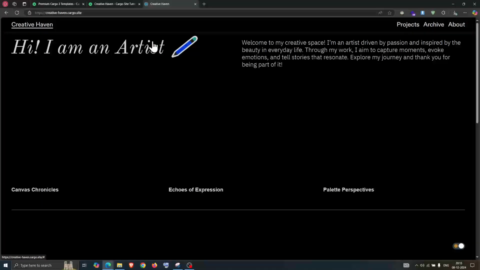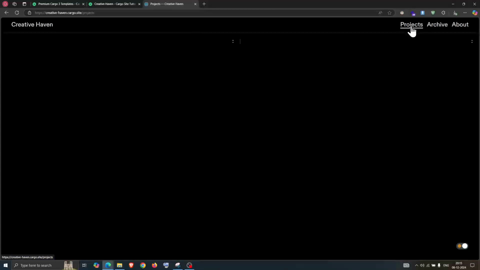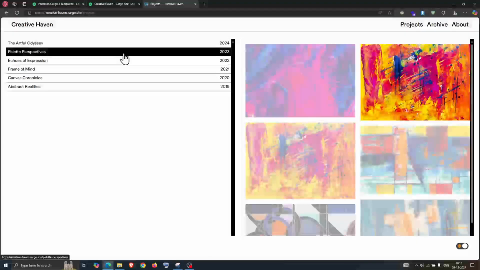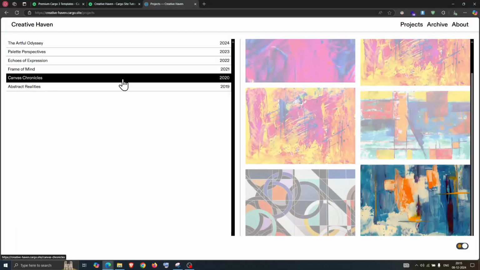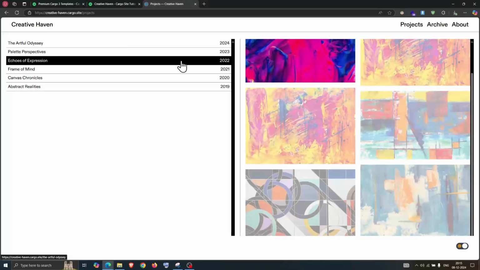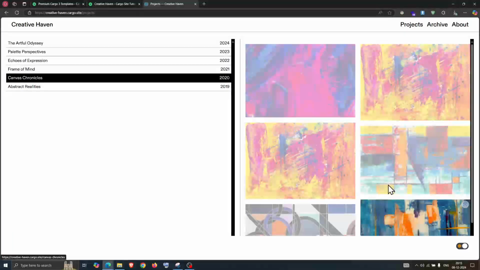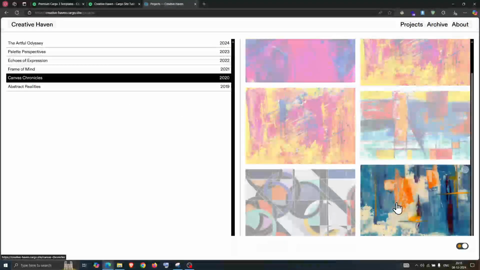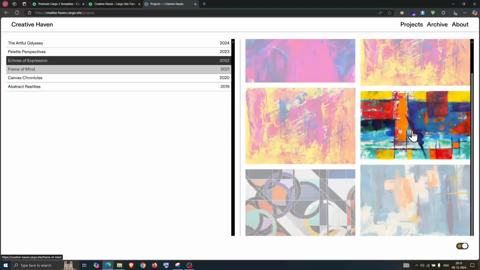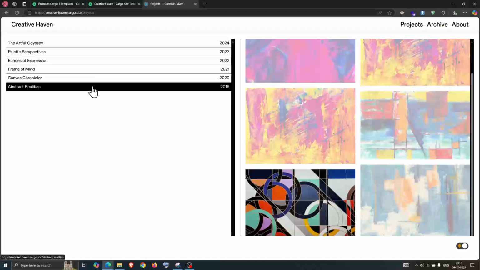Now let's talk about the project page. As you can see, this is the project page, and when hovering on the project title, or if you hover the project here, it is going to automatically change on the left side and vice versa, and it is going to auto scroll to that particular project as well.